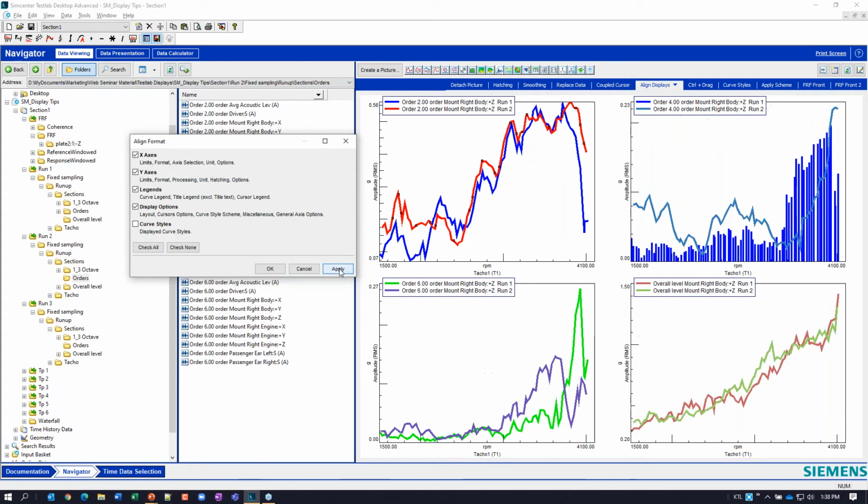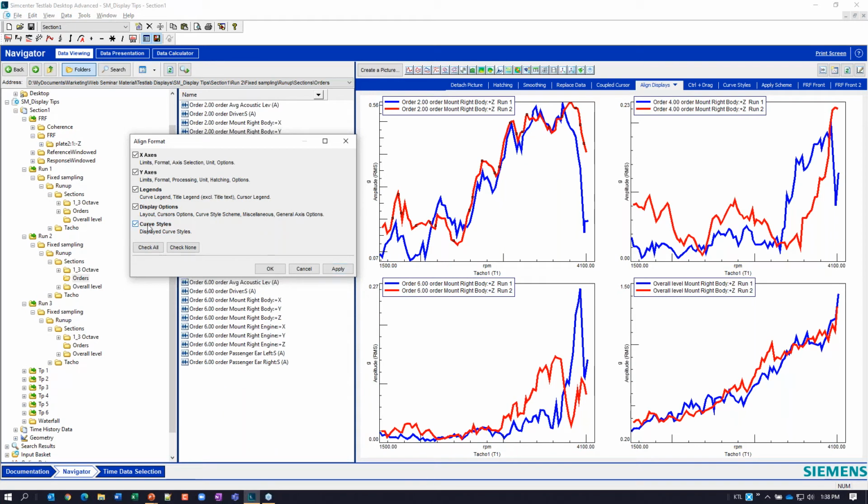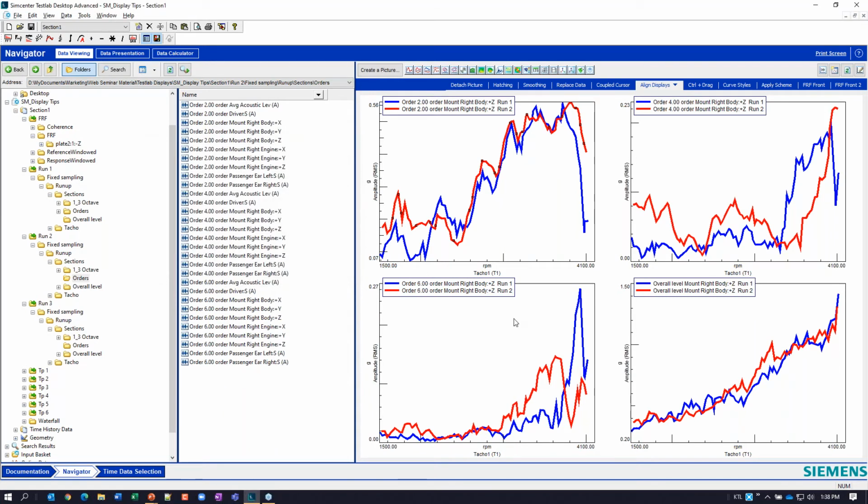So if I hit apply here, boom, in one click, all of those changes are aligned to this guy, okay? But you see the curve styles and colors and everything stayed the way they were. If I now come in here and say, oh, I changed my mind, I do want them all red versus blue, I just add that to the alignment and hit apply, and now I've got 4 fully aligned displays. Okay, so that's the one-stop shop when you have a multi-display situation. You really only have to get one looking how you want and then align the rest of those displays to that guy, okay?